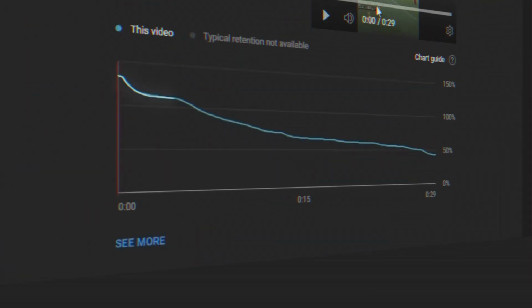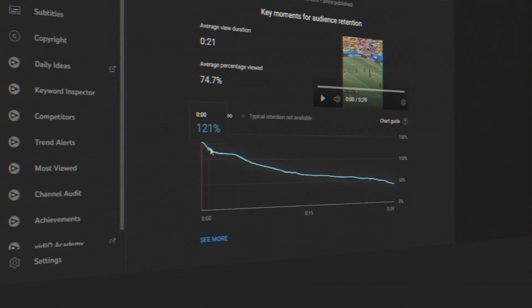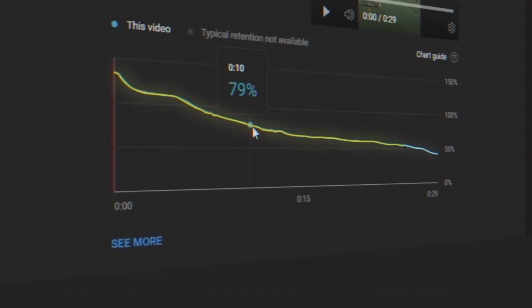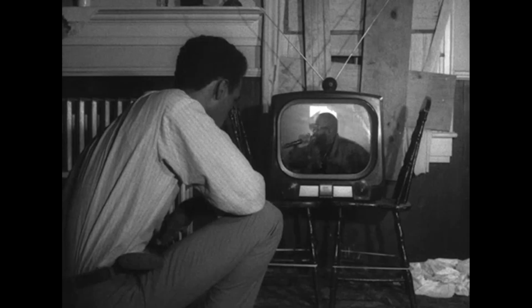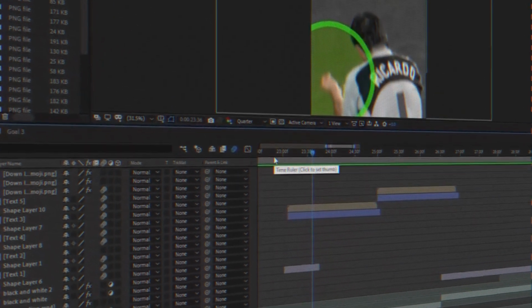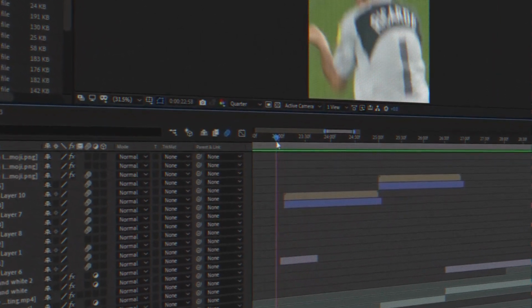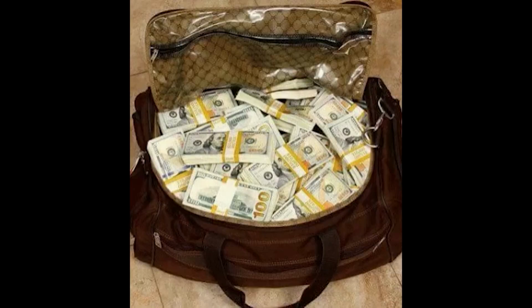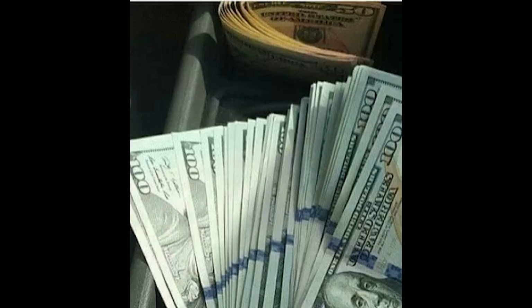One crucial aspect to focus on is audience retention, the most vital metric for your shorts, as it indicates how much of your video viewers are actually watching. Stay tuned for my upcoming videos, where I'll unveil my detailed editing process, ensuring you can create the best shorts possible and build a profitable business from your passion.